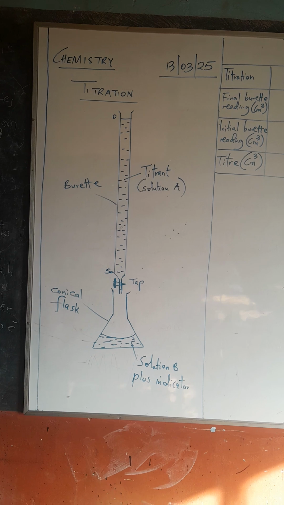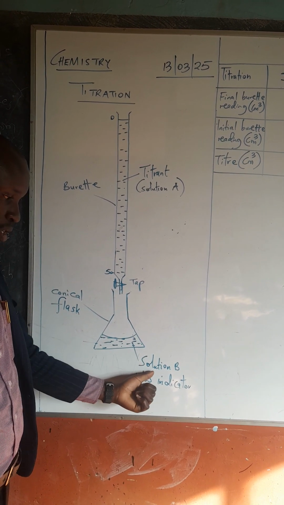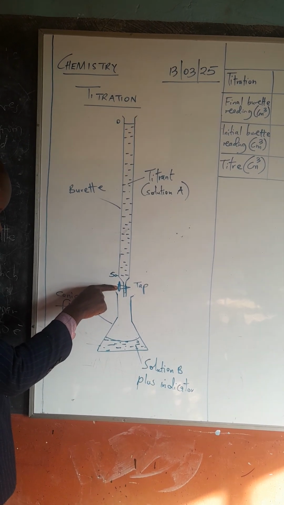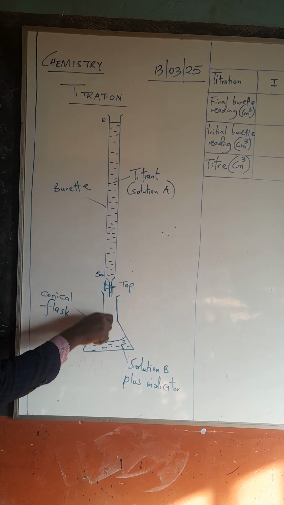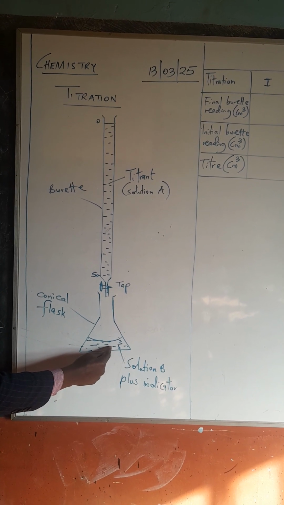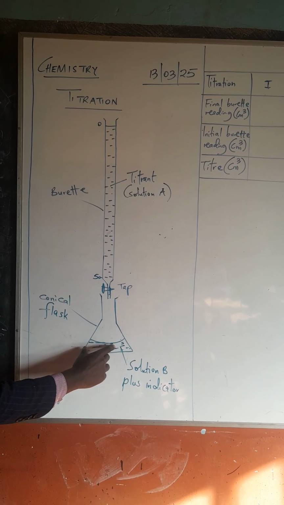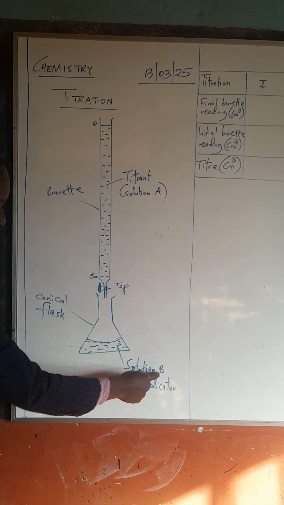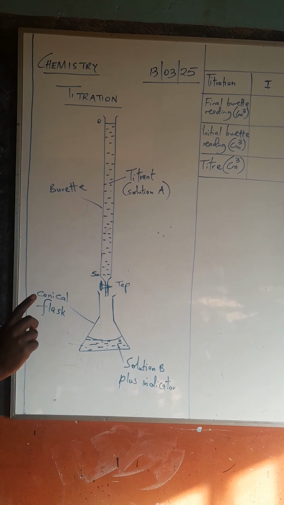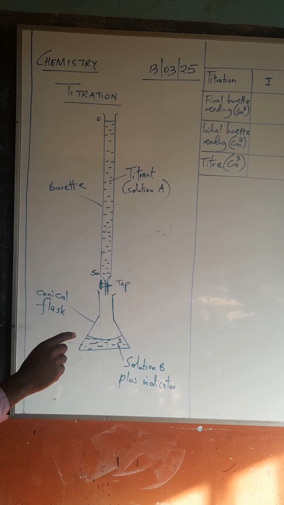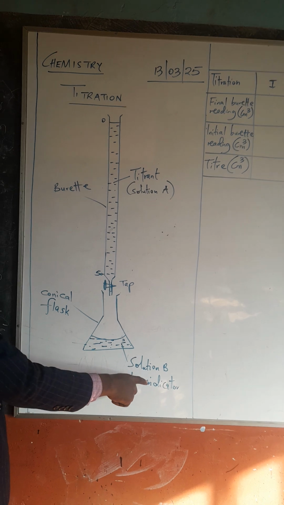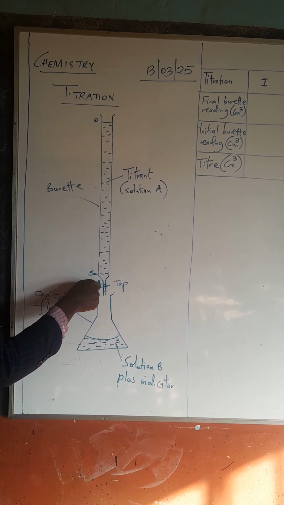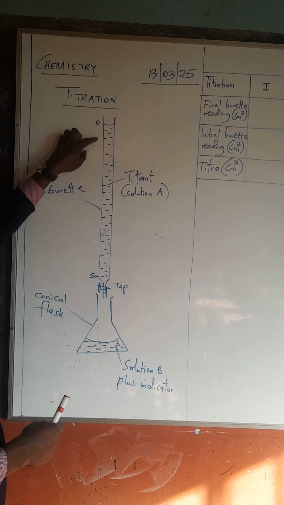So what are you going to do here? Remember, solution B is 25 cubic centimeters. So you are going to open this tap and allow this solution to run dropwise into the conical flask, while you gently shake this conical flask to allow the reaction between solution A and solution B to take place. Be careful such that you wait for the indicator to change color sharply. The moment it changes color is when you will close the tap and read the volume of the titrant that